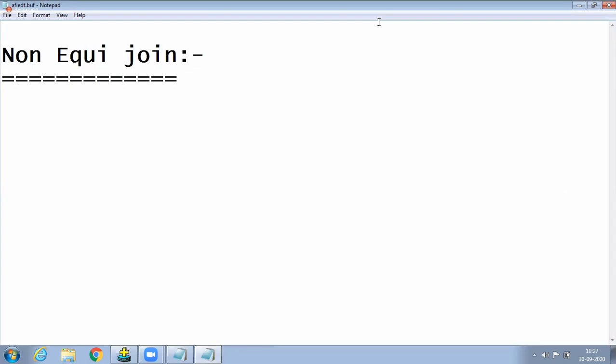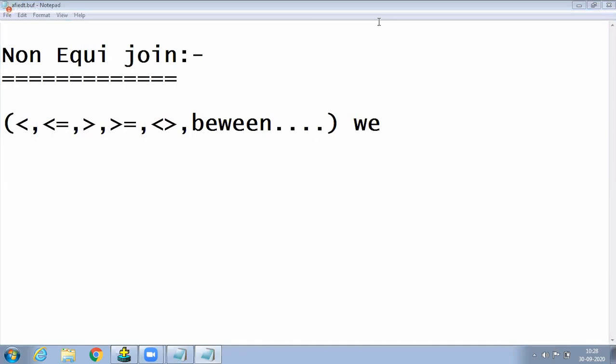Write some theory. Concentrate for 10 minutes, very important. Based on operators other than equality, within the brackets: less than or equal to, greater than, greater than or equal to, not equal to, between.